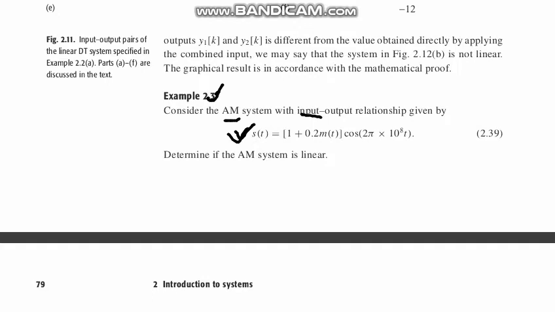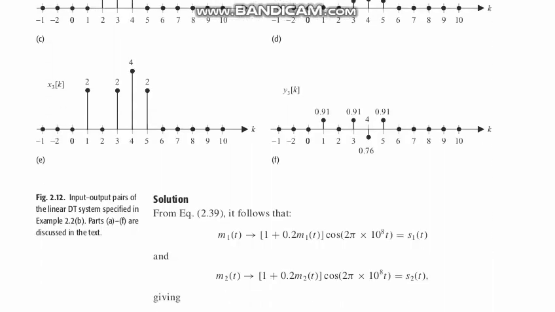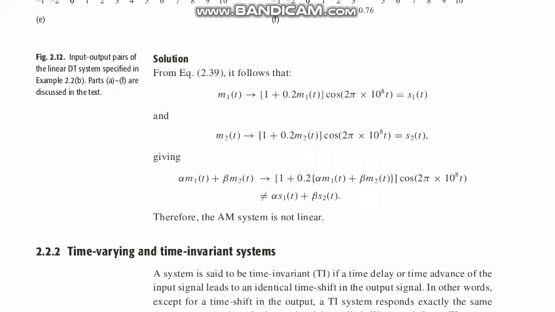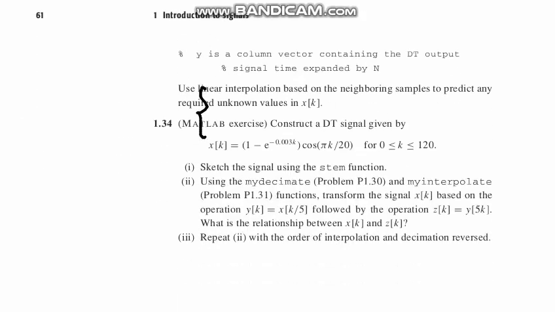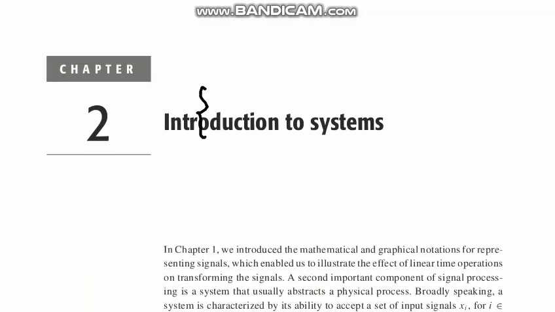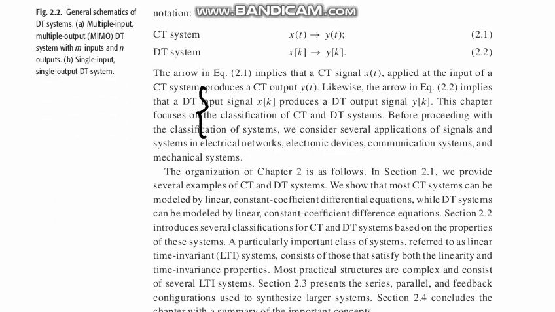So we have to check whether the AM system is linear or non-linear. How can we find that out? In this mathematics, first of all, take two values. Again, x1 and x2 you can take, or m1 and m2. Here they take m1(t), as it is a modulation technique. Sorry for the inconvenience, I have gone through the system relationship.